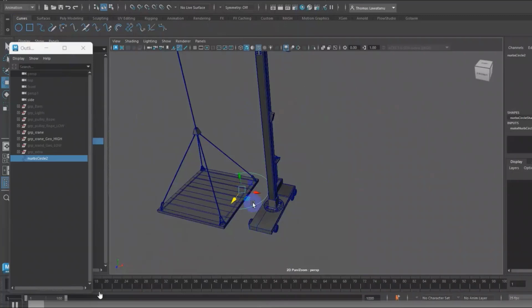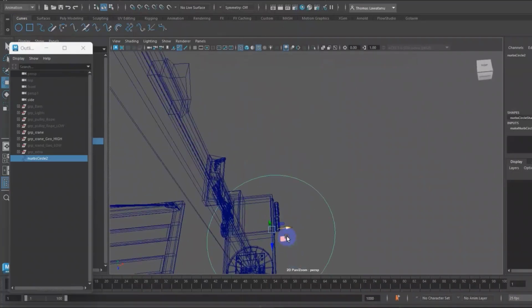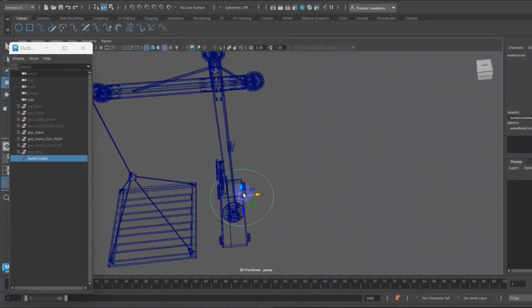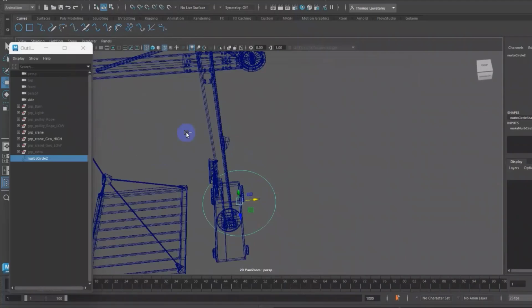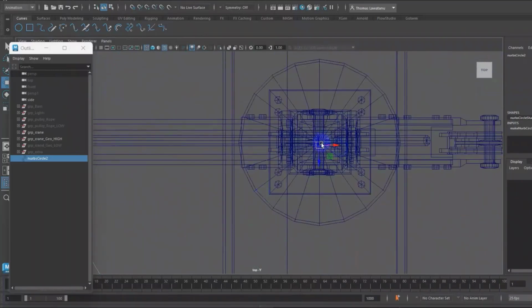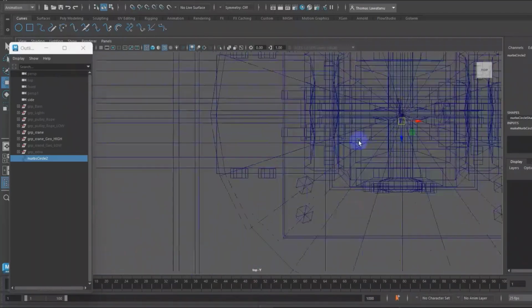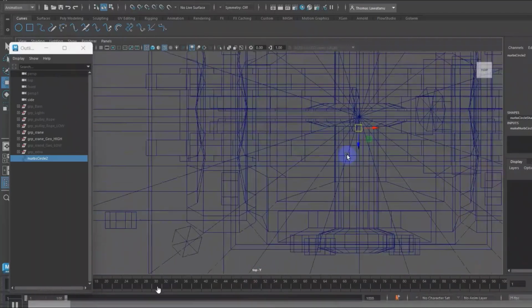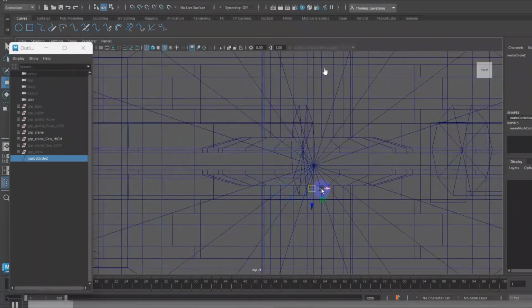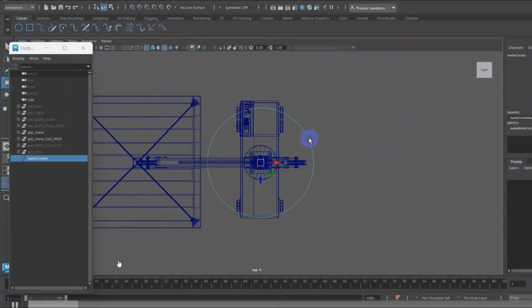I think I will move. I need to create it from the wireframe because I need to snap this curve to the center of this trolley. That's why I just press V on my keyboard. After I press V, I try to shape it. I think this is the basic one. So I need to shape it. I don't want a circle.